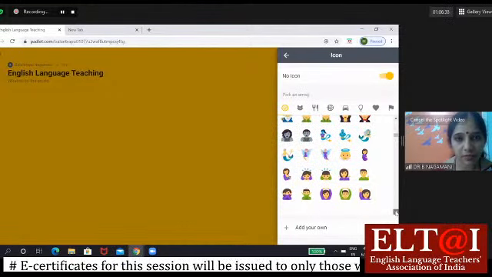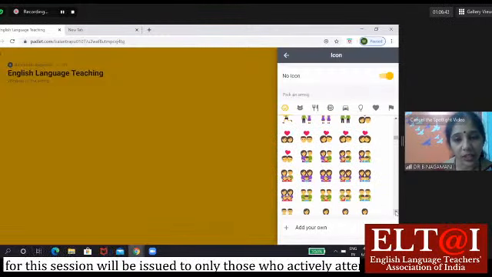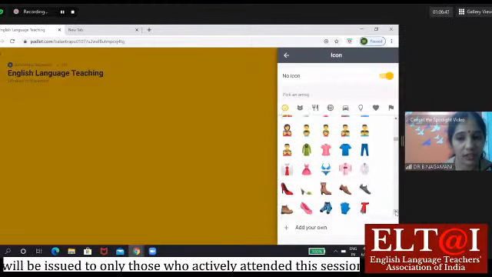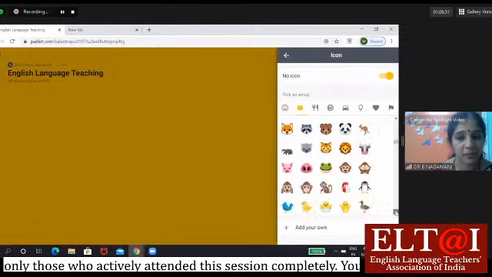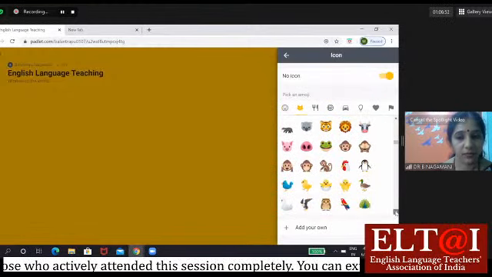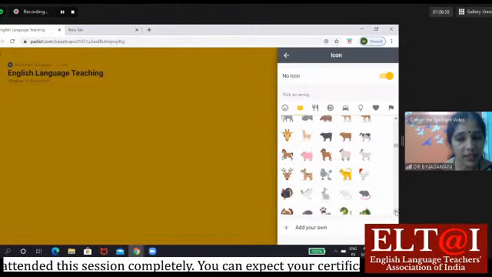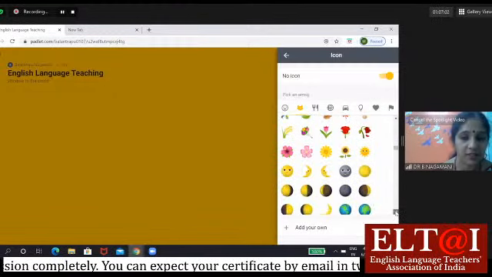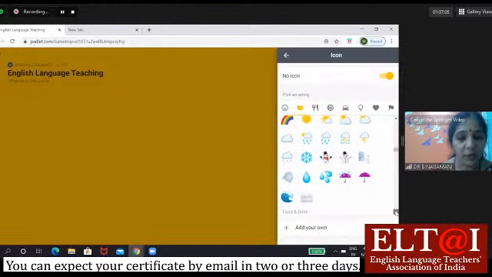I'm moving a bit fast here. Look at the various emojis and icons that are available on the Padlet wall. You can use objects, you can use animals and nature. Again, as I said, it depends on your classroom purposes and your interests and your students' interests, or something which is in vogue. You find food and drink.